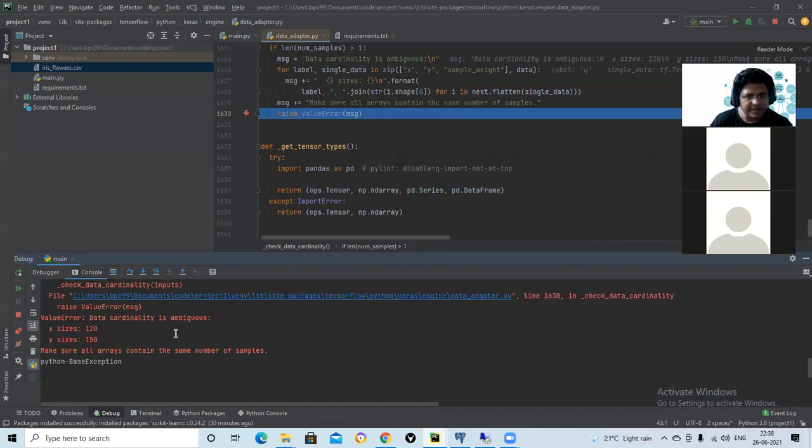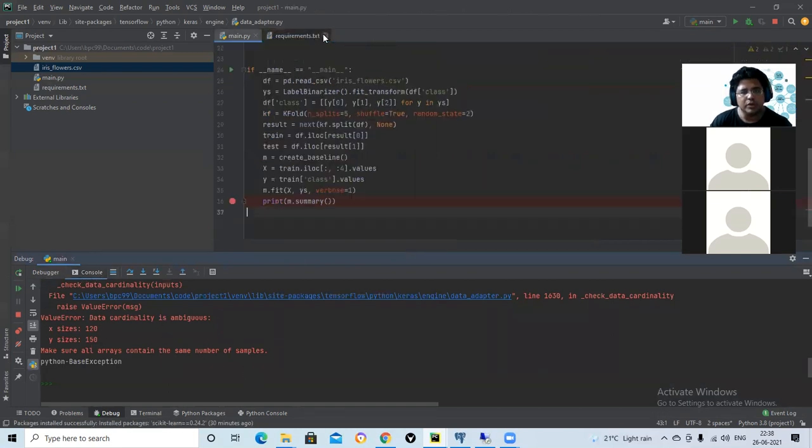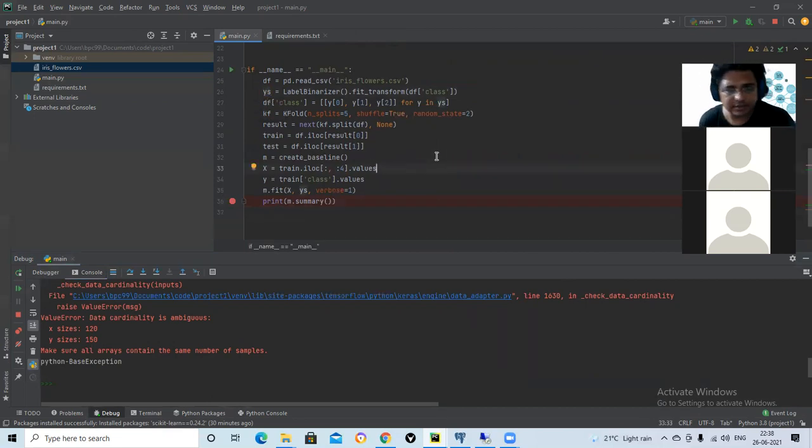Data cardinality is ambiguous. Oh, okay. This is 150. So that is the problem.